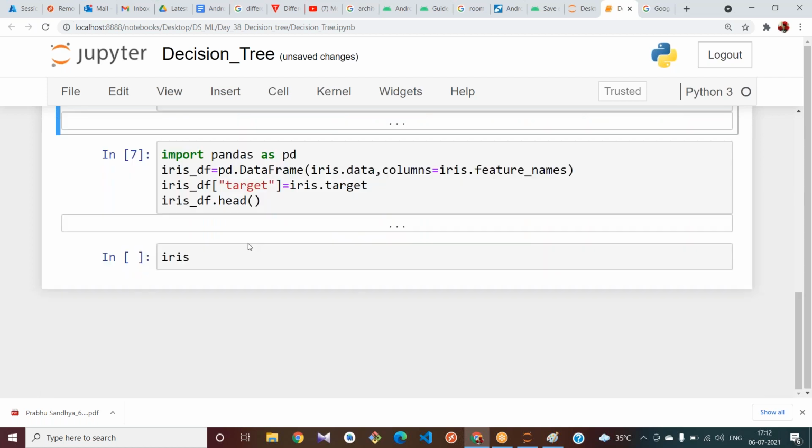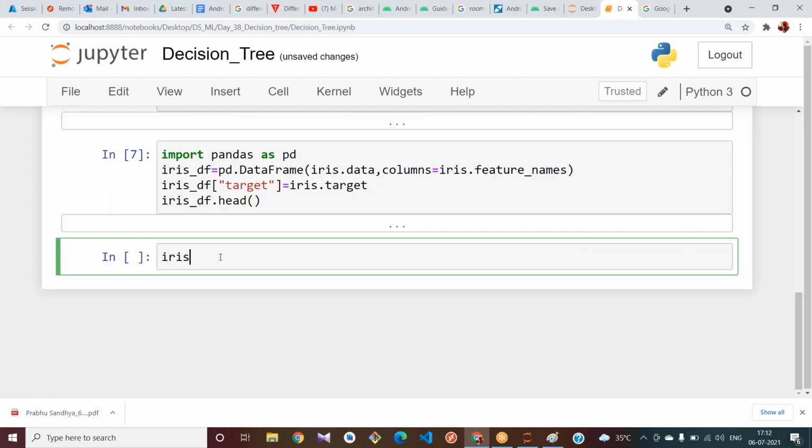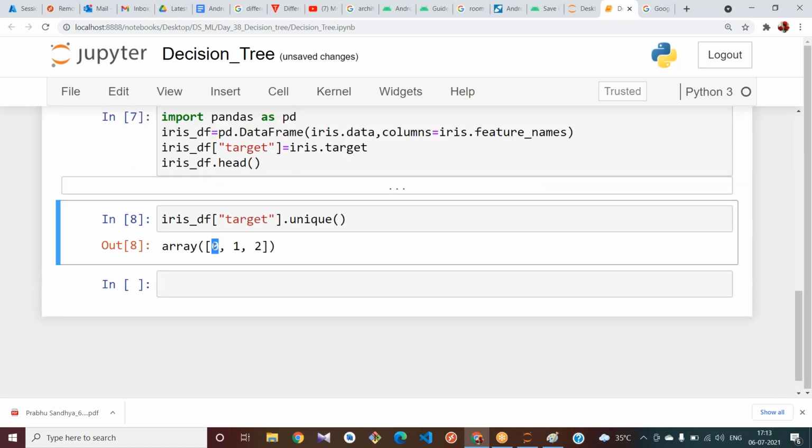When you run iris underscore df of target dot unique, you get 0, 1, 2.